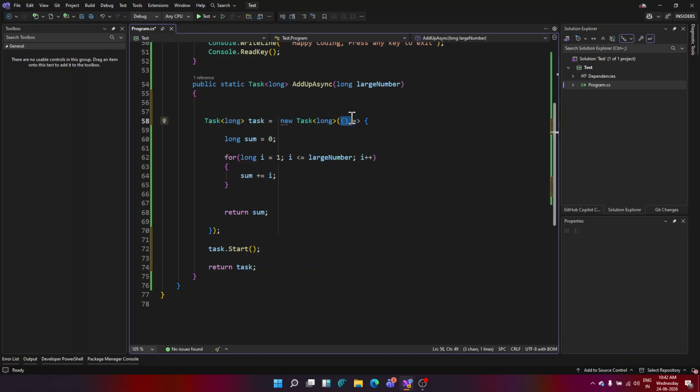So those who understand tasks can understand my words here. Otherwise, leave it. If it is getting over your head, don't worry. But the tasks need to be started. This kicks off the thread. This kickstarts the thread. And you know what?